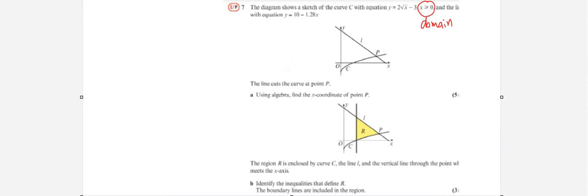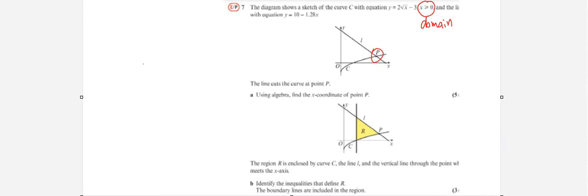Right. So first thing, we want to find where the line cuts the curve at point P. So there's P. So the line cuts the curve at that point P. Now P is basically the intersection. So that means the intersection at point P must be on the line L and it must be on the